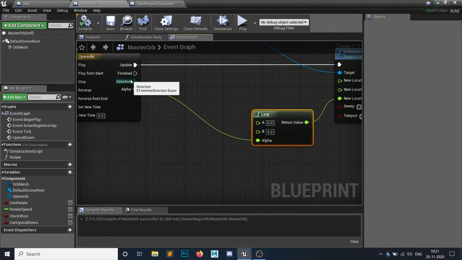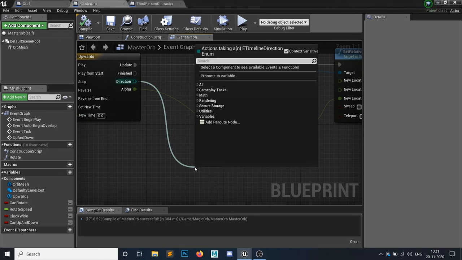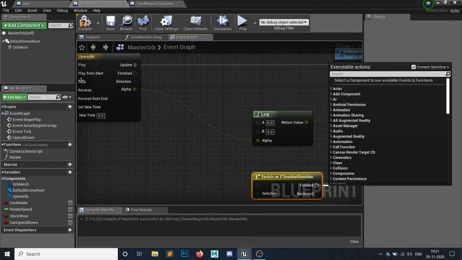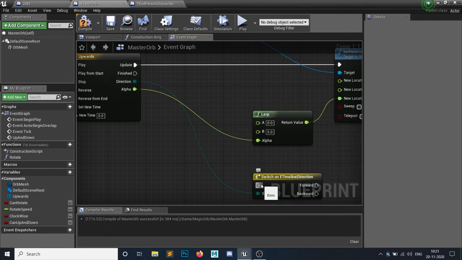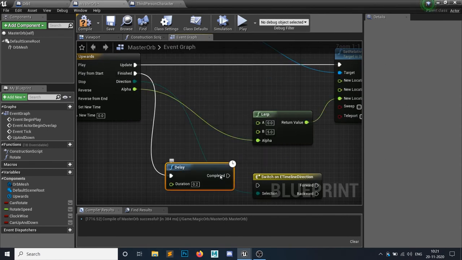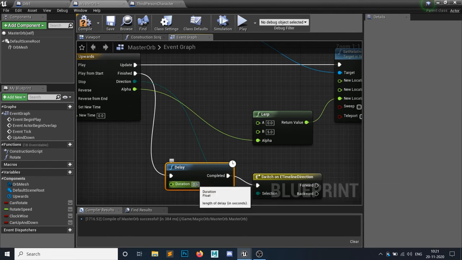Now you can see this direction, so it goes in a forward or a backward direction. So what I will do, I will simply switch on this direction of the timeline. So if the timeline is moving forward or backward, it can do. So on the finished, first I need a delay, because otherwise it just doesn't look so good.